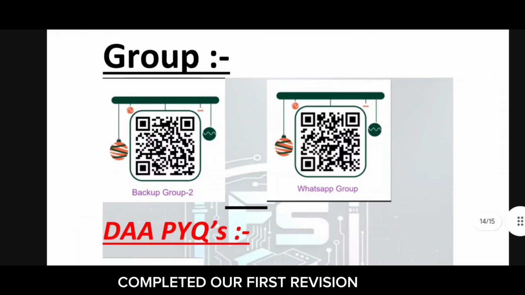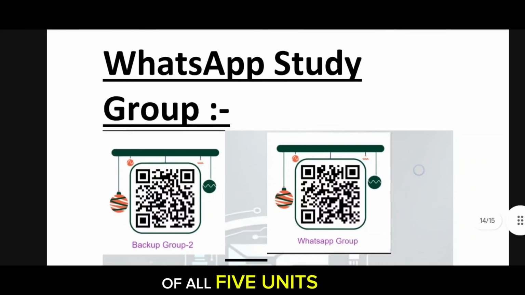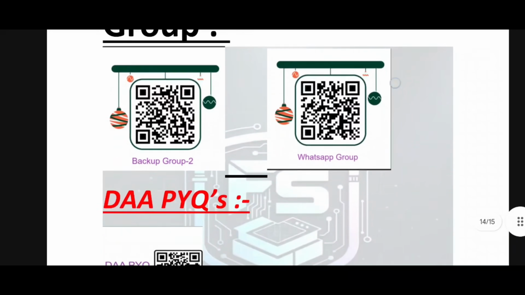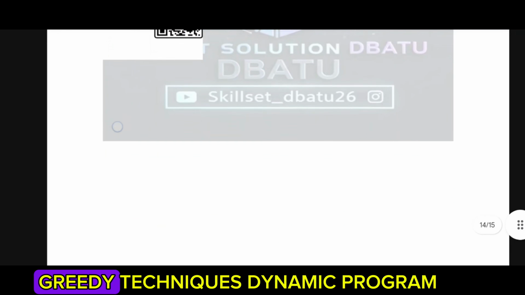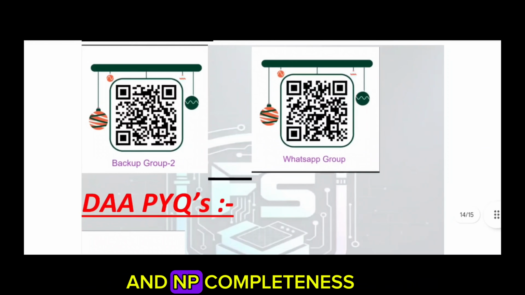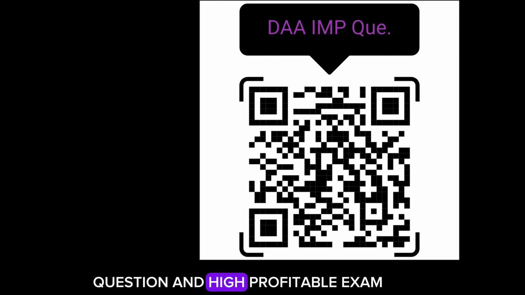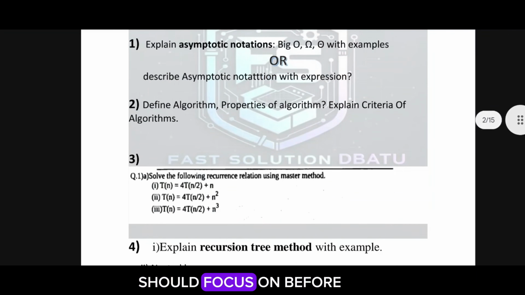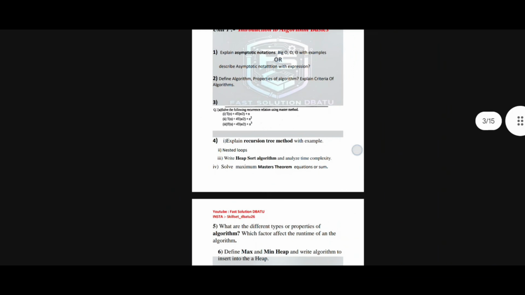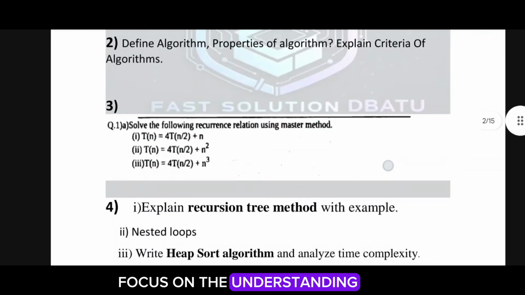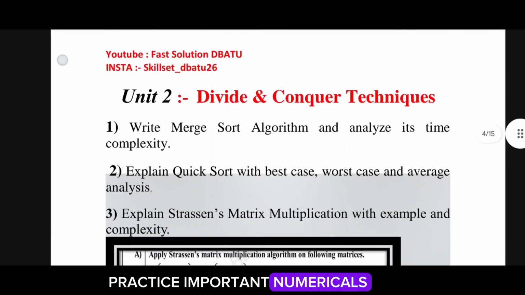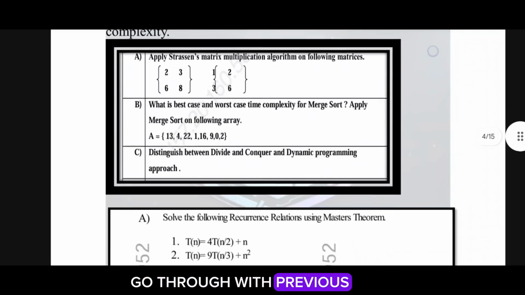That completes our fast revision of all 5 units of Design and Analysis of Algorithms. From algorithm basics and divide and conquer to backtracking, greedy techniques, dynamic programming, and NP completeness, we covered all those important concepts which are frequently asked in previous year questions and are high-scoring exam topics that you should focus on before your exam. Remember, smart revision is always better than random studying. Focus on understanding the concepts, practice important numericals, and make sure you go through previous year question papers